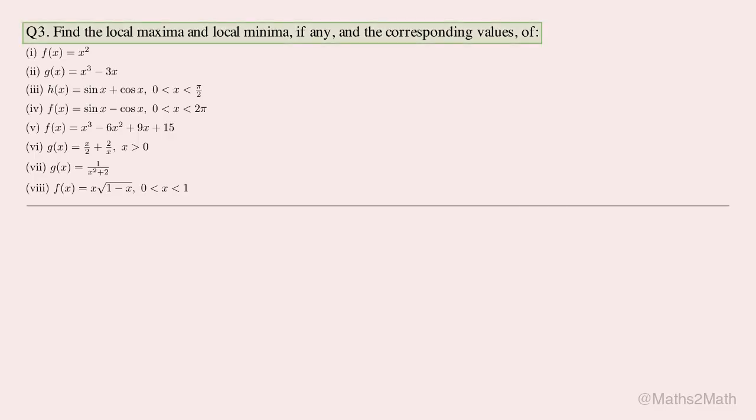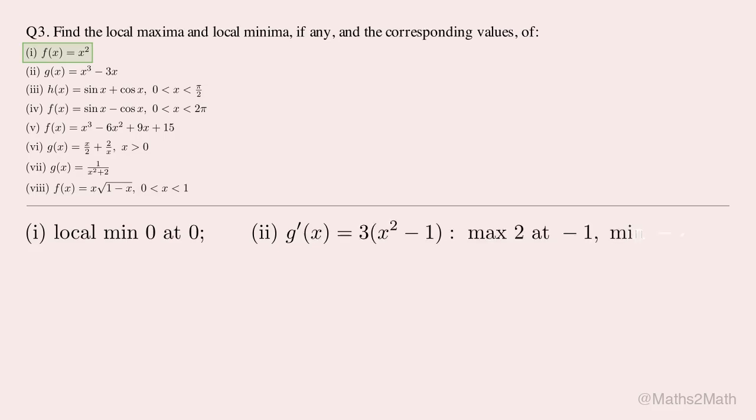Question 3. 8 local extremum hunts, critical points from the first derivative, verdicts from the second. We go part by part. Each takes 1 critical point computation and 1 test. Part 1, derivative 2x vanishes at 0, second derivative positive. Local minimum 0. Part 2, critical points plus and -1 give a local max 2 at -1 and a local